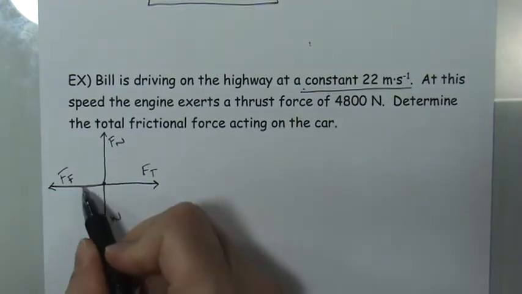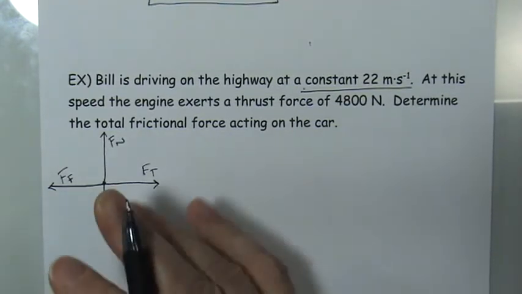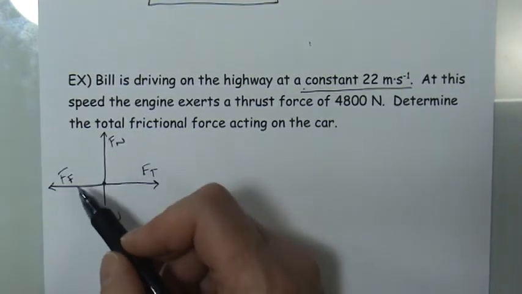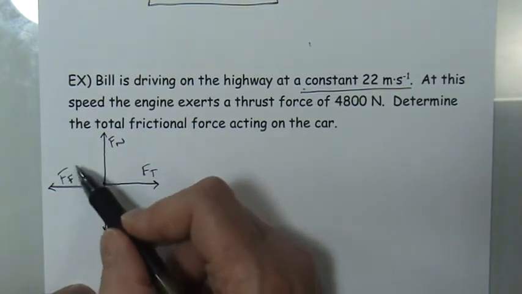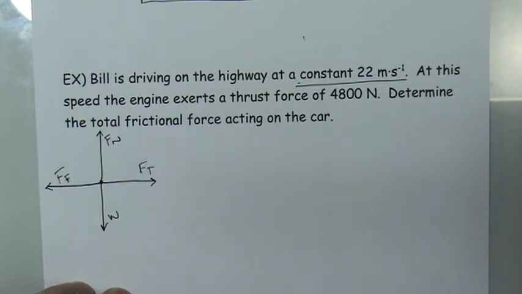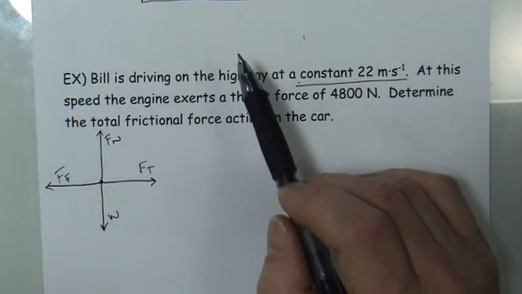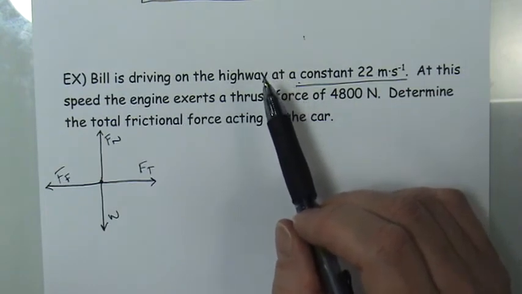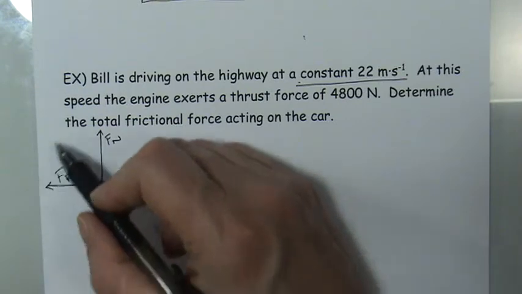You could draw two separate arrows. I could put a drag force arrow and a frictional force arrow. There is definitely drag force there. There's no question about that. But in general, we're just going to combine these as the total resistive force or the total frictional force. So one of the really important things about using Newton's first law or the second law is that we don't look in all the different directions at once. So I'm not going to write an equation that has all four of these in it.